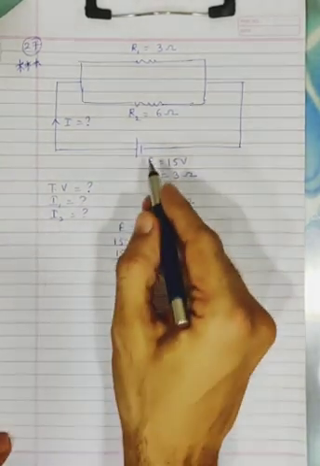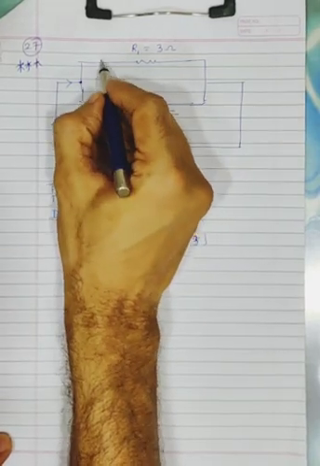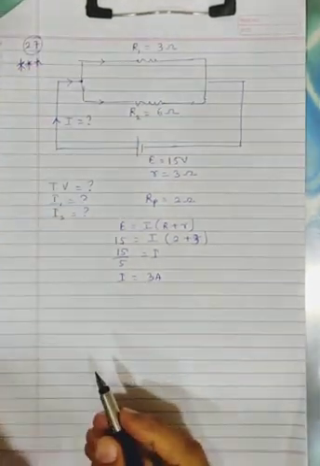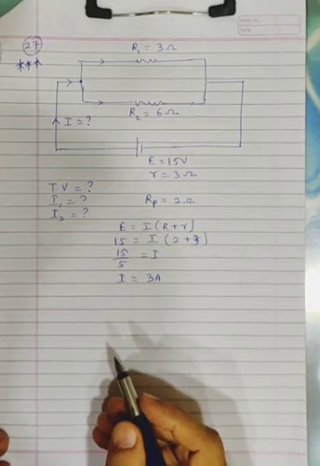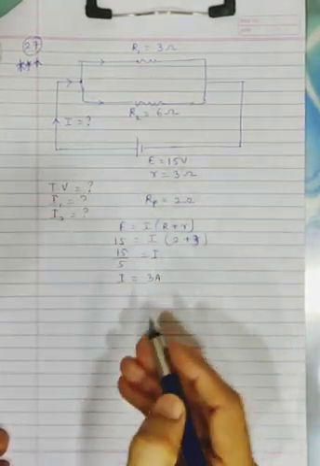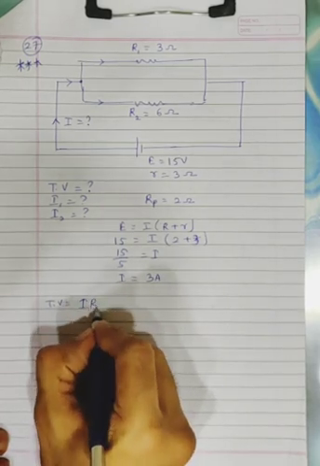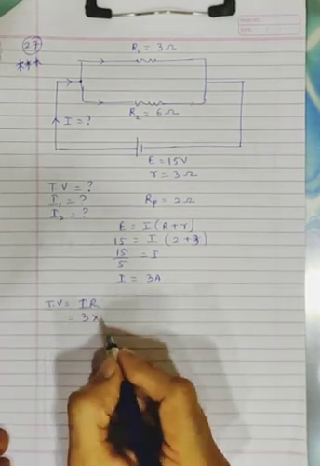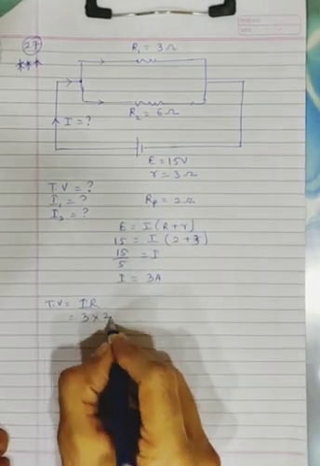So the current flowing through this cell is 3 ampere. When it comes to this point, the current will split, so 3 ampere will split into these two parts. Now we have to find out how much current will flow in each of them. First, we are asked to find the terminal voltage. We are done with only the current part. How will you find the terminal voltage? TV is equal to I into big R. I is equal to 3. R is the total external resistance, which was 2 ohm. So 3 into 2 is...